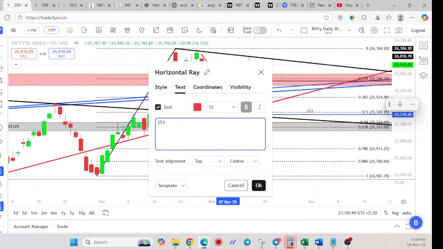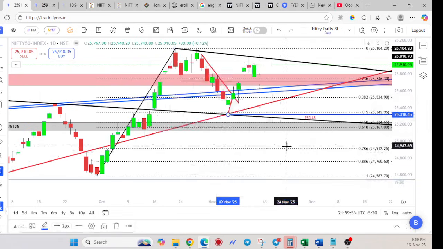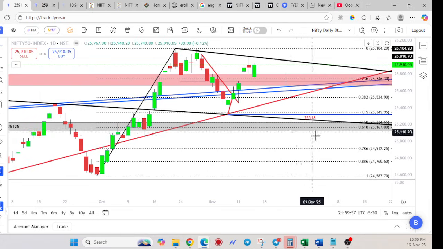Sir, this will answer your question of 25,116 that you are talking about, right? This is a recent low that we made. Now, if this is broken, forget about 25,167 that you are asking, sir. We will go down to 24,760, 24,912. So this 167 that you are talking about will 99% get broken if a close happens below 25,318,